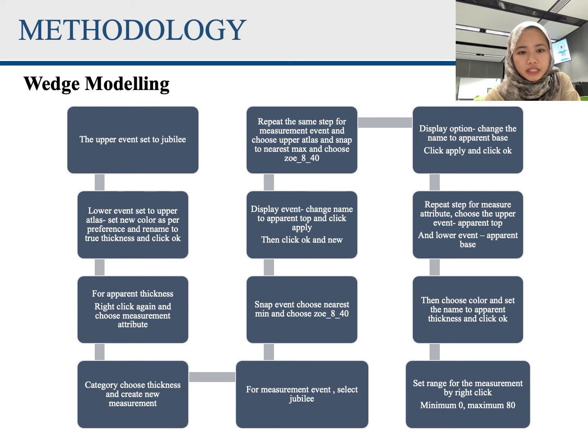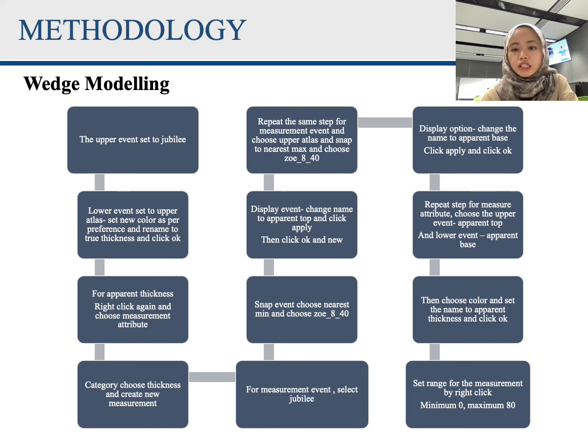Then for the apparent thickness, right click again and choose measurement attribute. Then after that, for category, choose thickness and create new measurement. For a measurement event, select Jubilee, and then snap event, choose nearest mean and choose ZOE_8_40. And then after that, we display event, which change the name to apparent top and click apply, and then